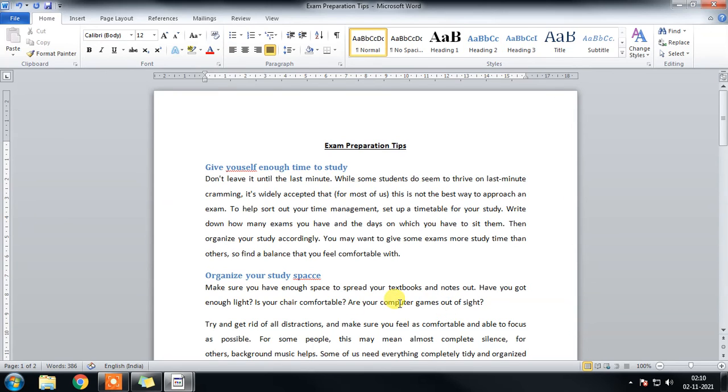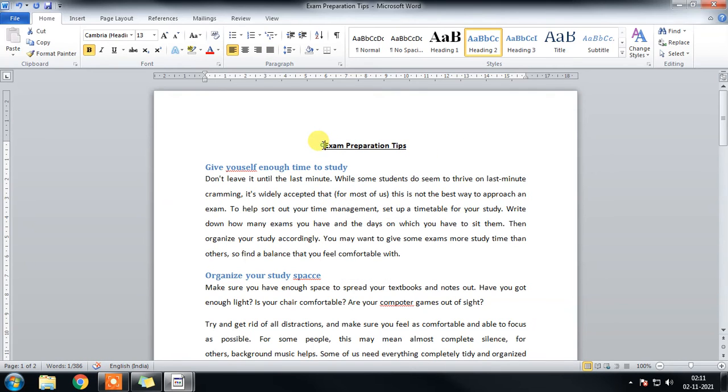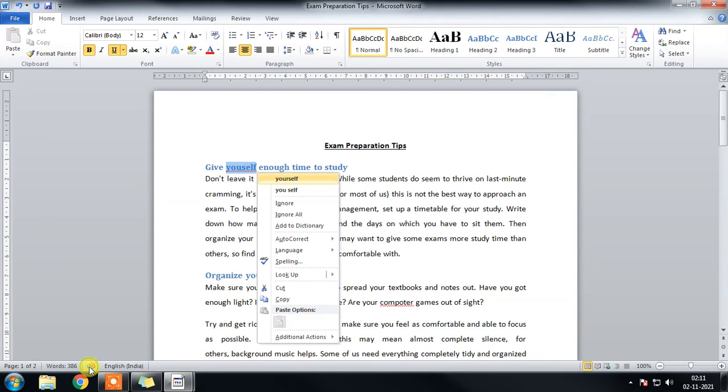Now let's come to the beginning of the document, or click on this proofing error icon. First, we can start from the beginning here. Now click on the proofing error. It will highlight the first error and show us the most relevant words to choose from. Here if I select "yourself", it will be highlighted and changed. And again proofing error. Now come to space, we did it.